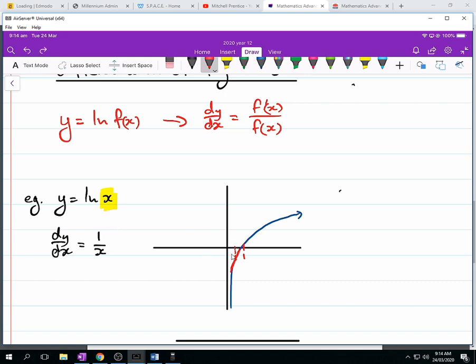It looks right. Okay. We also have the point when x is equal to 1, when we're at that intercept, and when x is equal to 1, the gradient is 1. So the gradient at that point is 1. Okay, and that makes sense as well, because when we looked at our exponential functions that go up like that, their gradient was also 1 for our